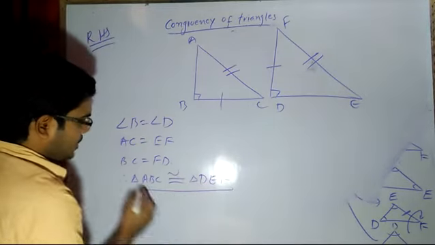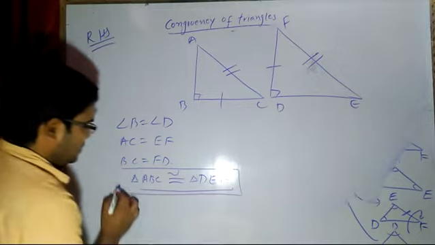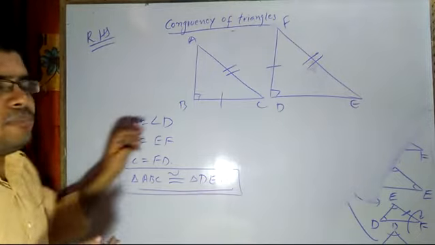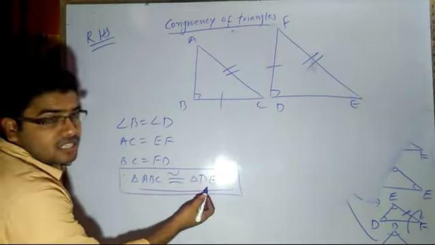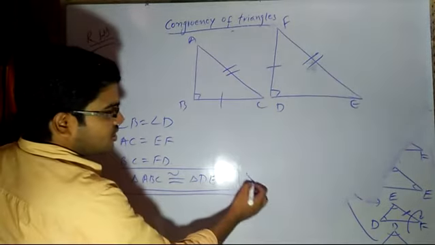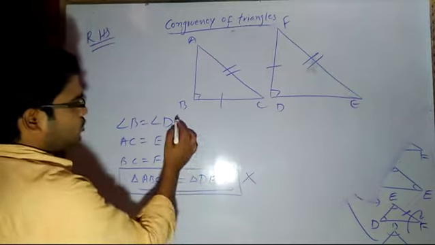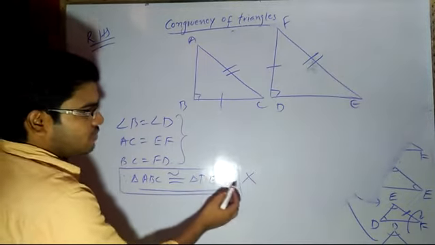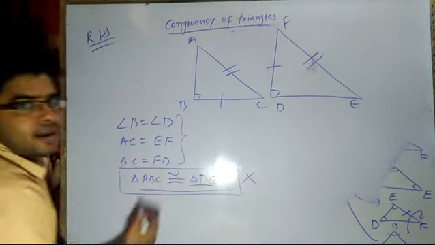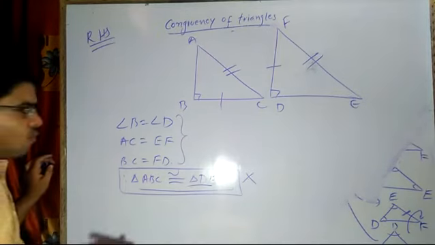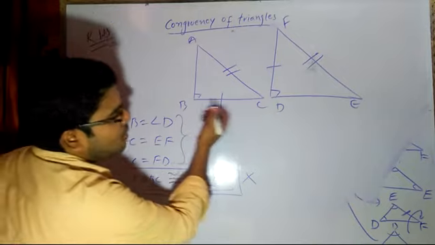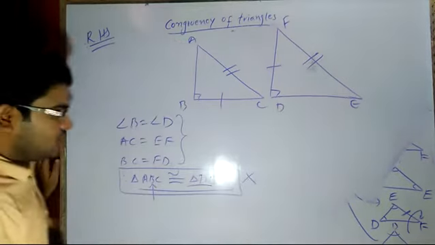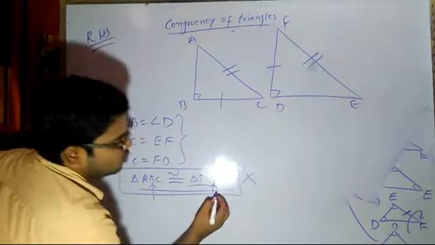Now note here, can you write like this? Till now I have been writing ABC and DEF, but if I write like this in this case, then this writing will be incorrect. Up to here it is correct, but from this part the answer will be incorrect. You cannot write like this. Why am I saying this? Because at angle B we have 90, but here at D we have 90. So I cannot write it like this.